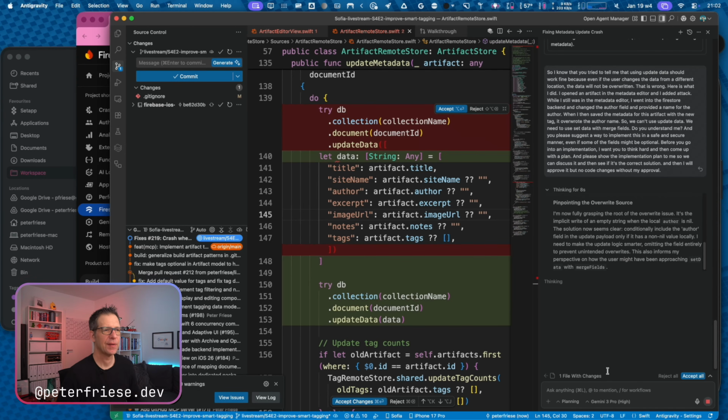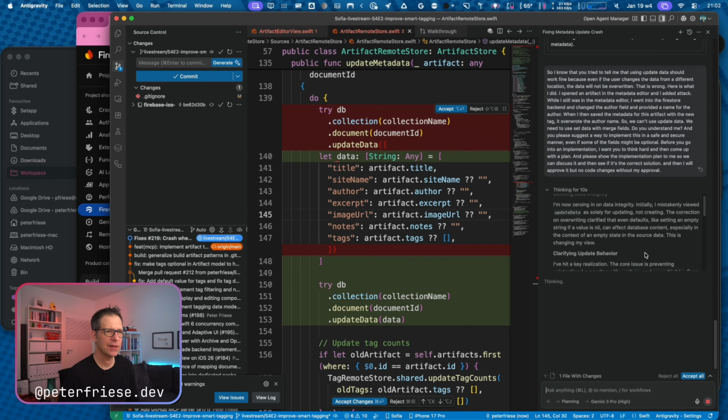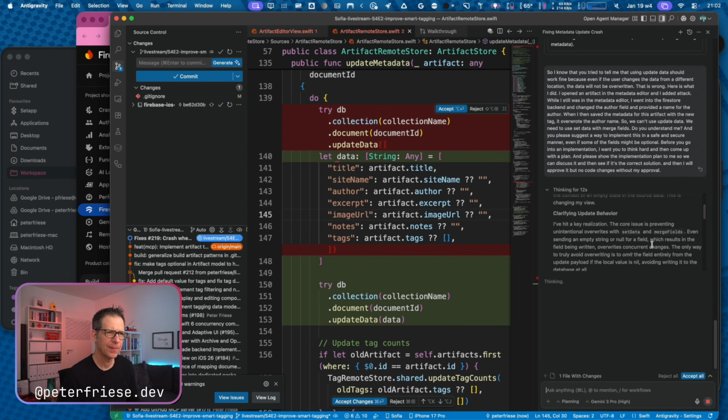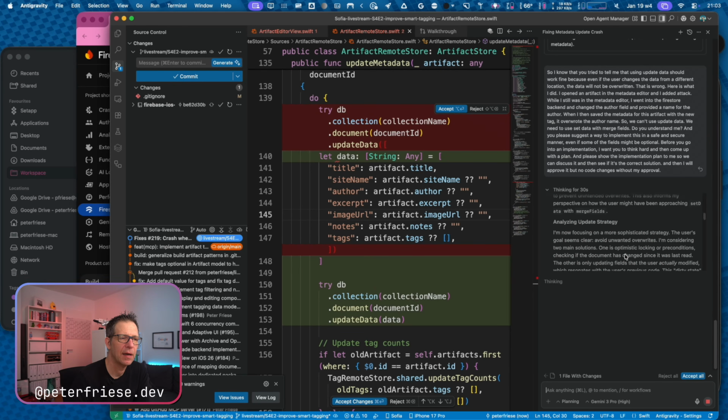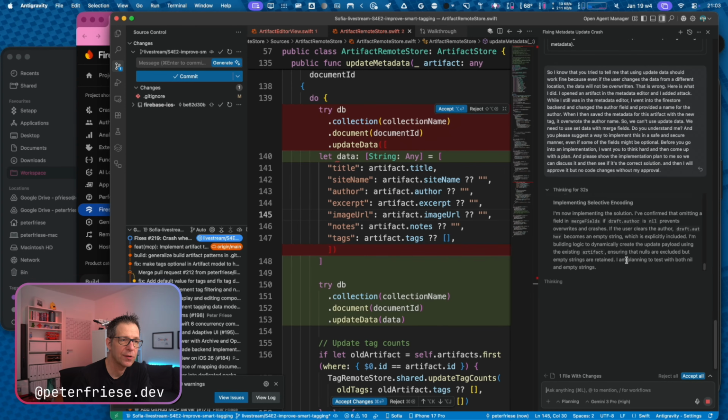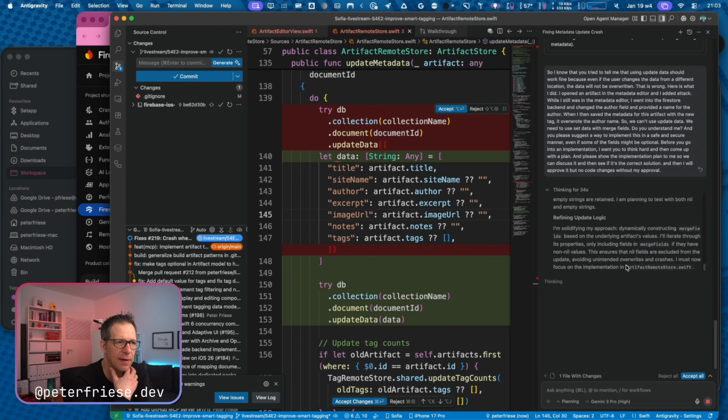Yeah, so this is one of the crucial things: the core issue is preventing unintentional overrides with set data and merge fields. Even sending an empty string or null for a field, which results in the field being written, overrides concurrent changes. And that is why you need to use set data with merge fields in cases like that. So yeah, and using